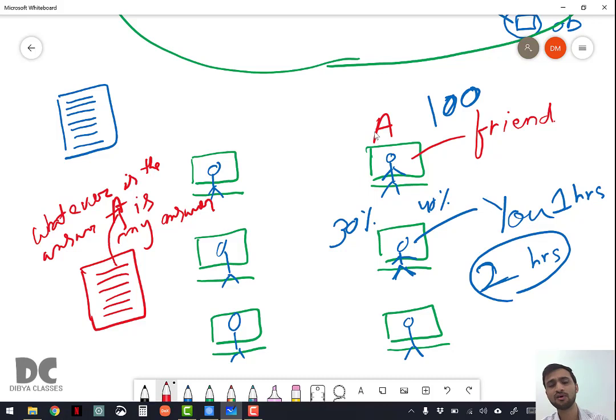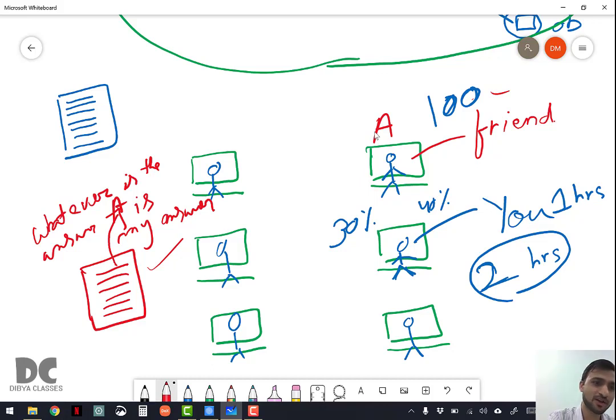You're saying that whatever A has written, that is your answer. Means when your teacher sees your paper, he or she will read that whatever is the answer written by A, that is my answer. I am not repeating myself because it is the same question, so the answer will also be the same. So why write all the answers again, because A is already writing all the answers. So you will just write that whatever A has written is the same answer for me. And that means whatever A gets, like if he gets 100, you should be given 100 by the teacher. If he gets 90, you will also get 90.